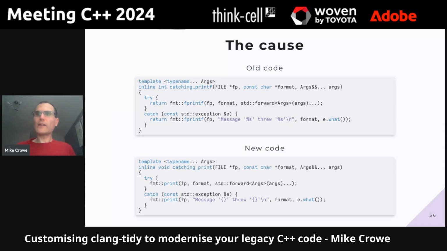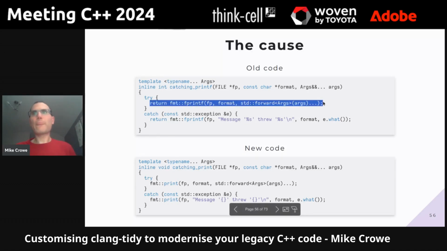Ultimately, the logging before running the check ended up calling the code in the top half of this slide. The problem was due to format fprintf dealing with errors writing the output string differently to format print in the bottom half of the slide. Format fprintf would return an error code,